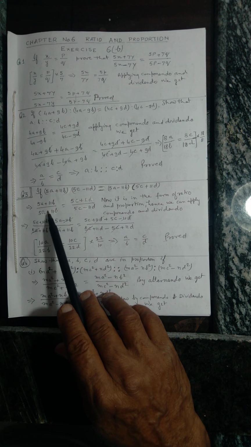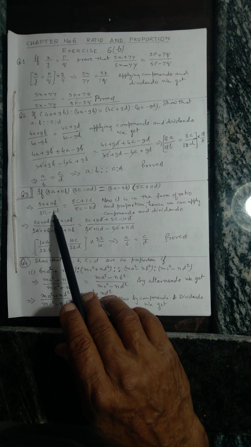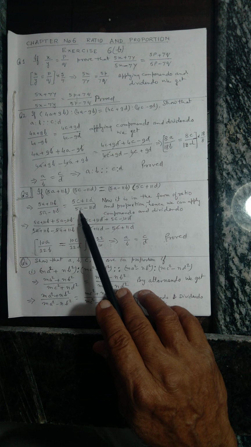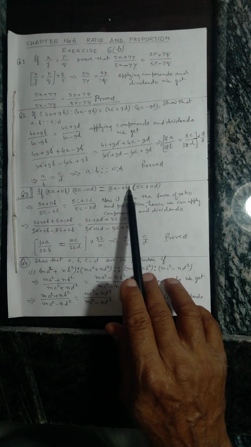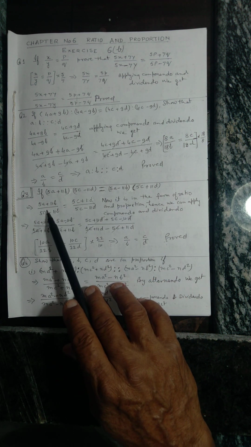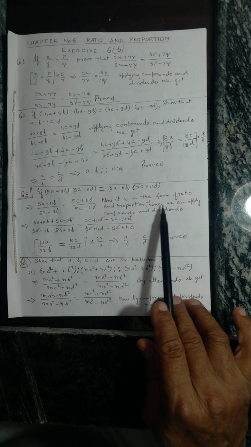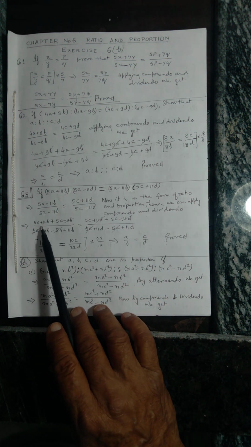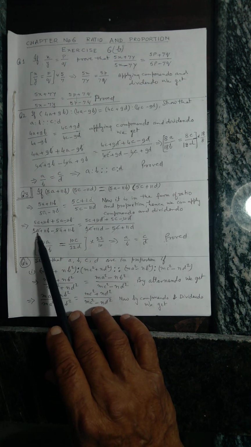You see, 5a plus 11b whole divided by, you can bring this one, 5a minus 11b, to the denominator part, and 5c plus 11d whole upon 5c minus 11d. On cross multiplication you will get the same thing. But as soon as you have arranged like this, now it is in the form of ratio and proportion. Hence we can apply componendo and dividendo. As soon as you apply componendo and dividendo, you see the numerator part plus denominator part upon numerator part